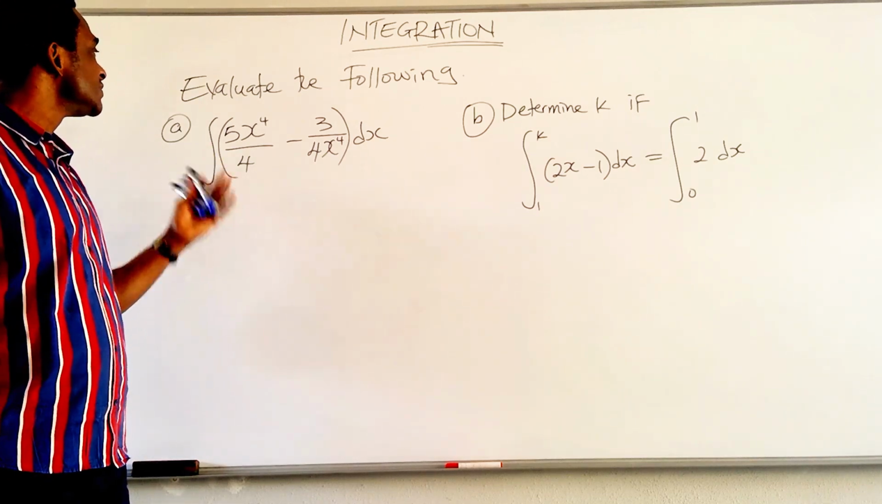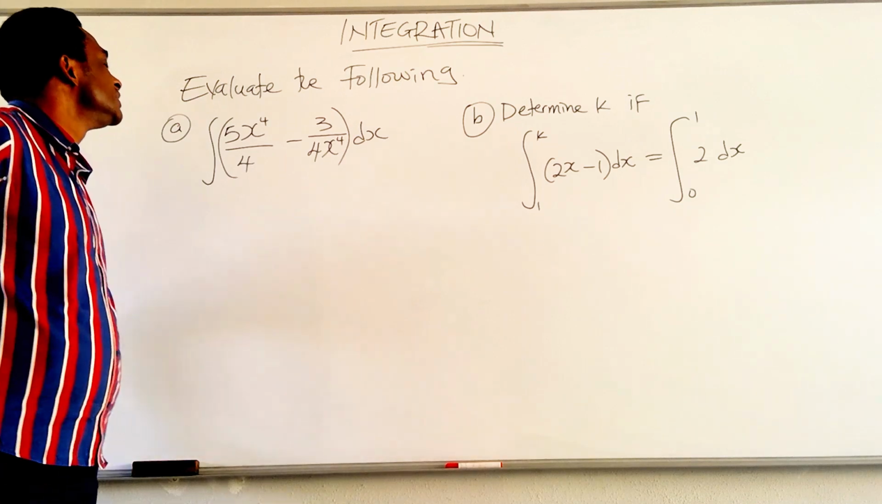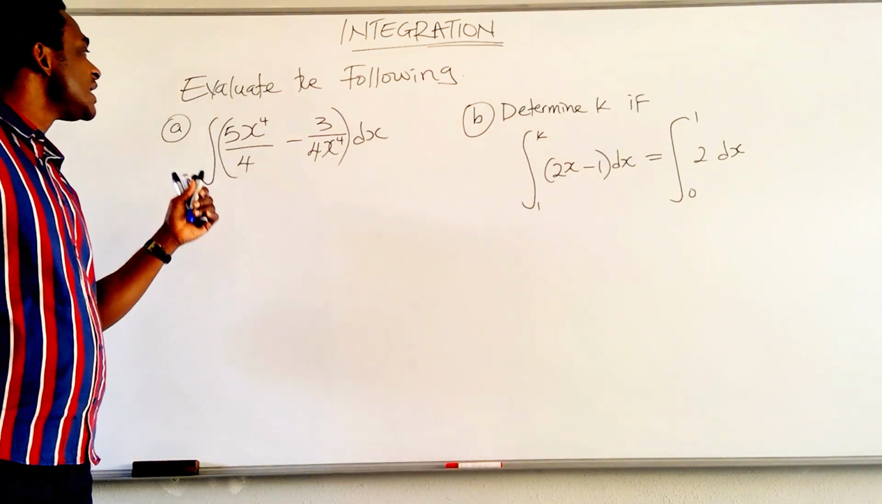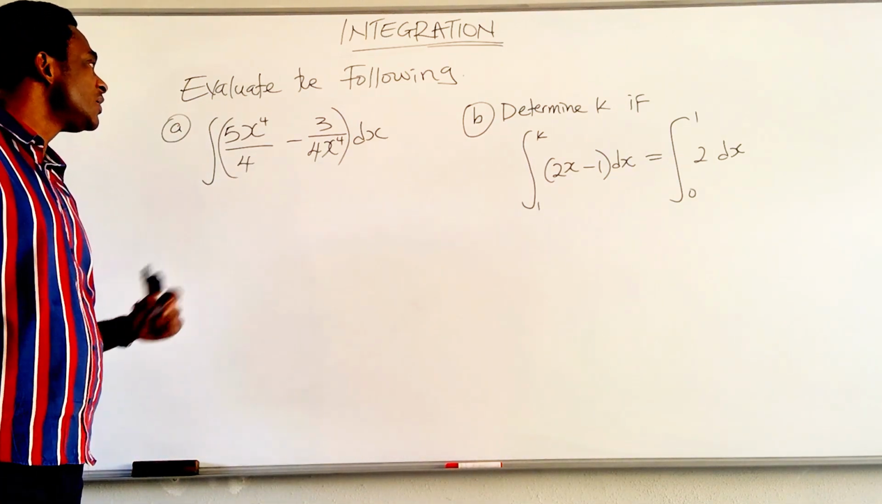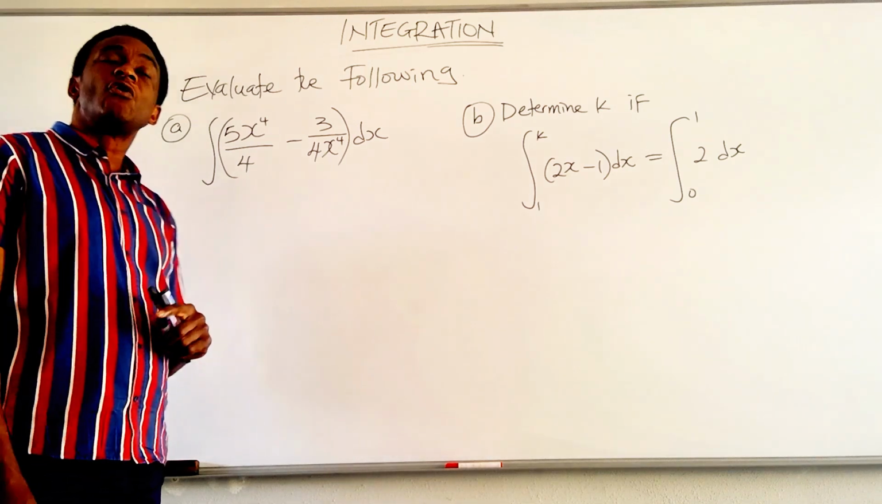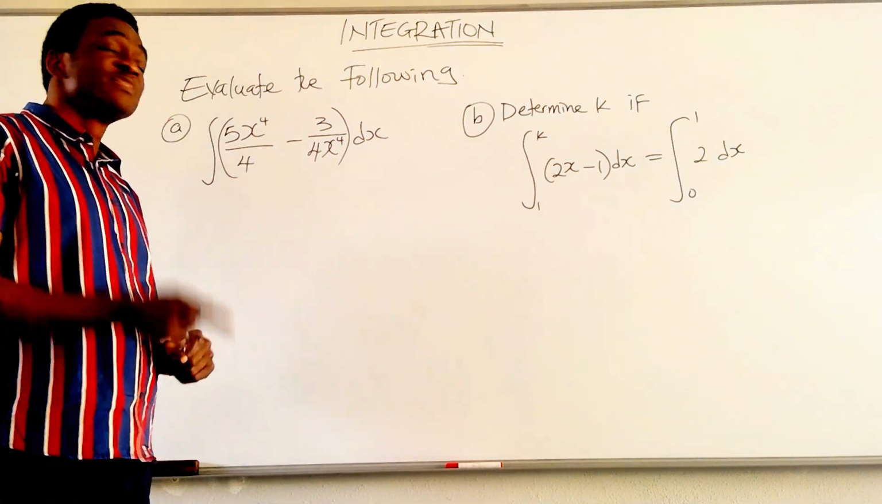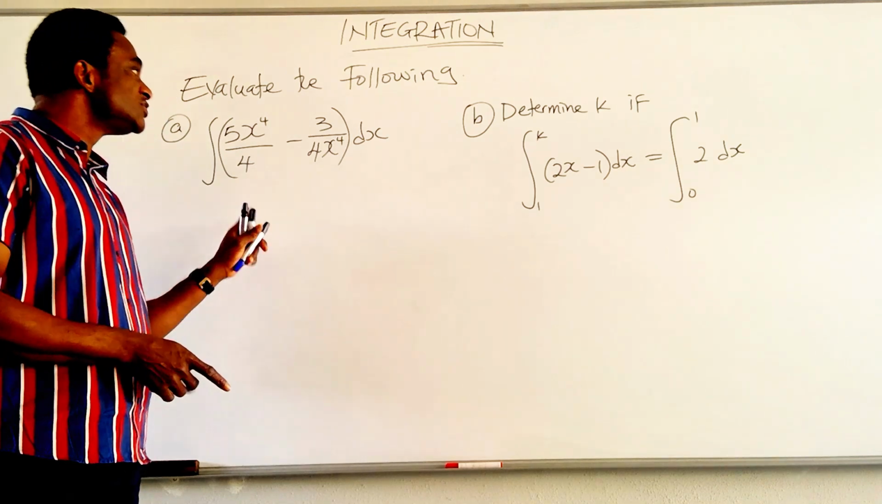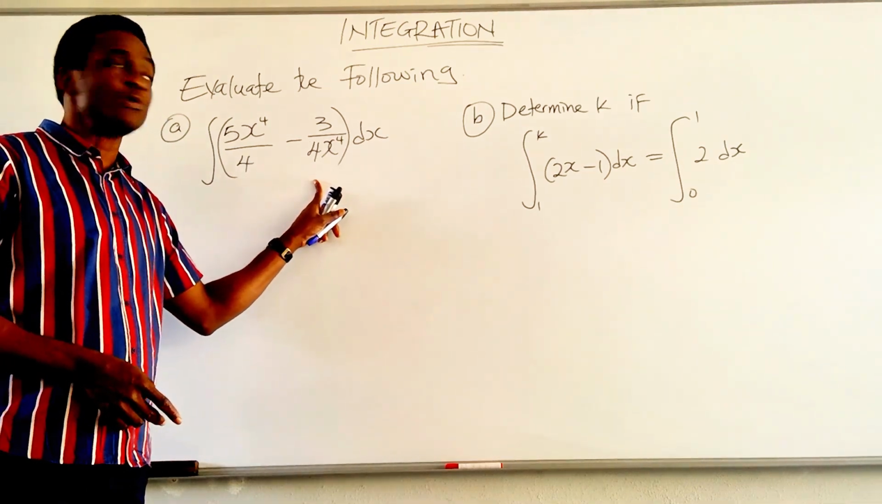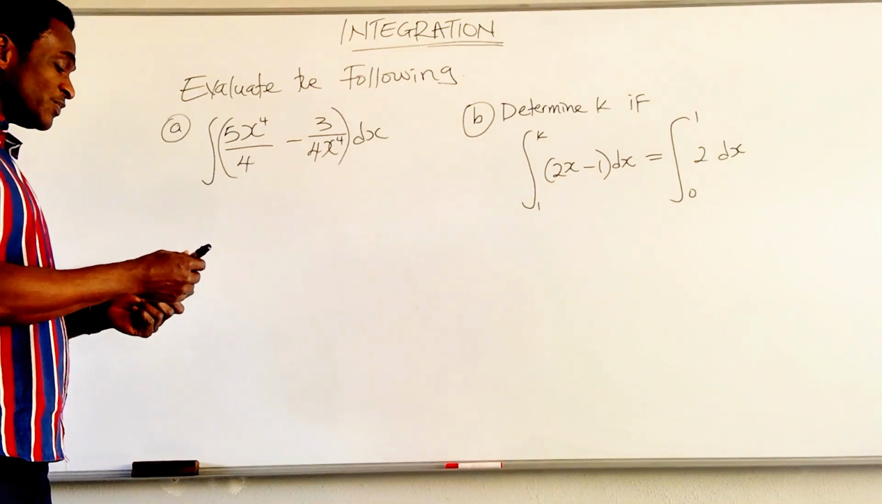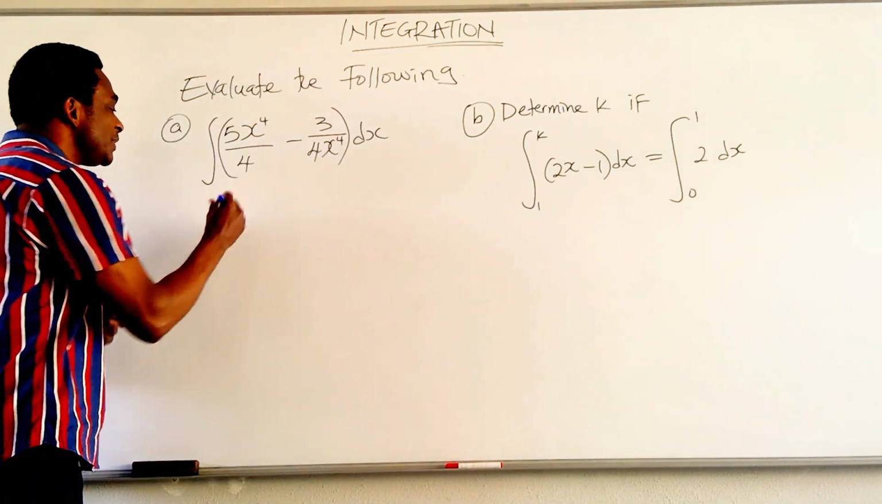Now here they are asking us to evaluate the following. The integral of 5x to the power of 4 over 4 minus 3 over 4x to the power of 4. The first thing we do with integrals is to make sure that we have simplified what we have here. So break everything down, make it become